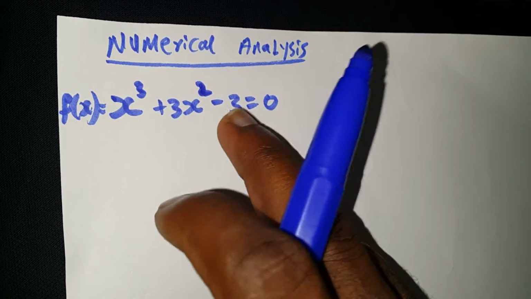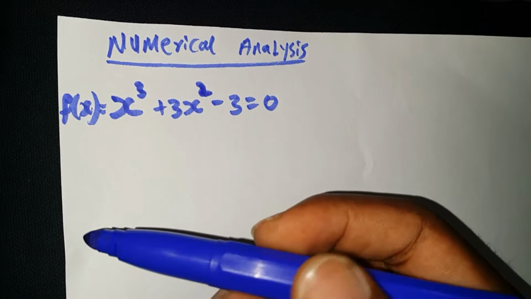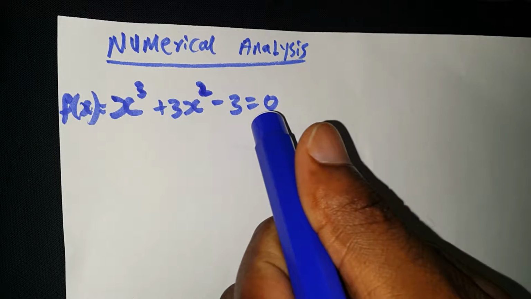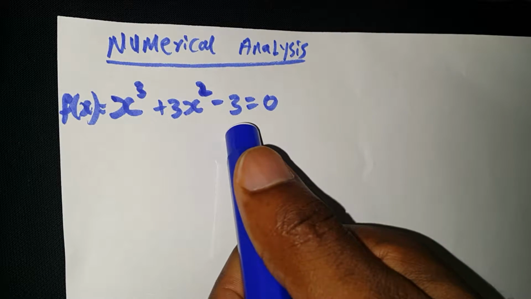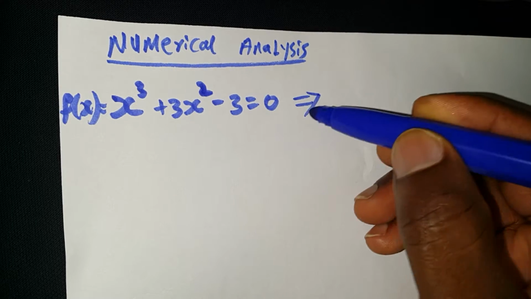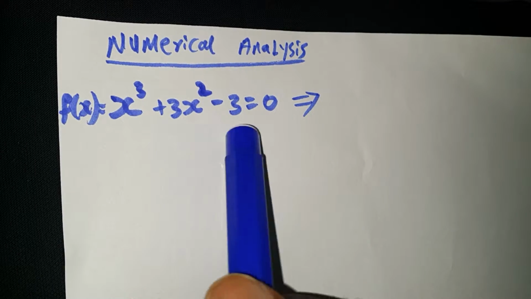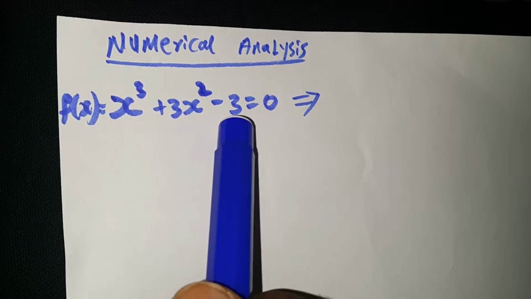In the previous video, we solved this function using the graphical method and analytical method to find the intervals. Since we have solved that, that's why I use this function, so there's no need of solving for the